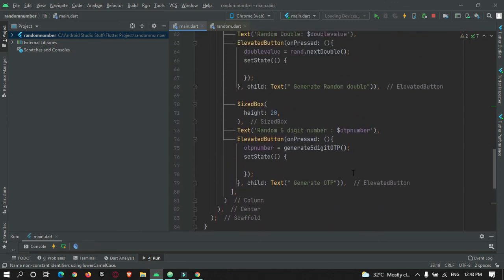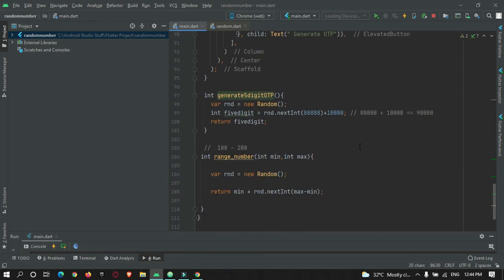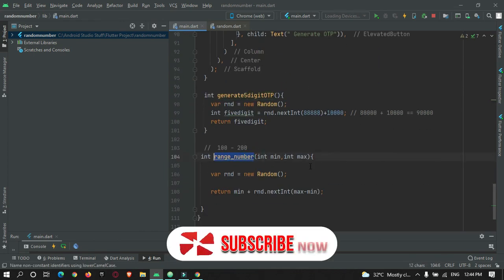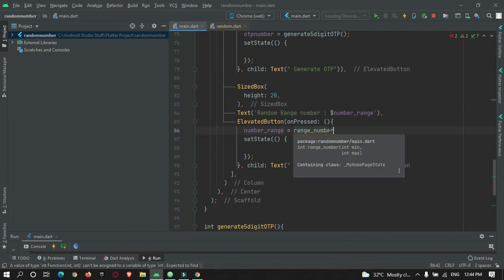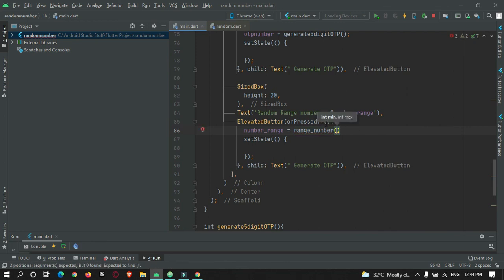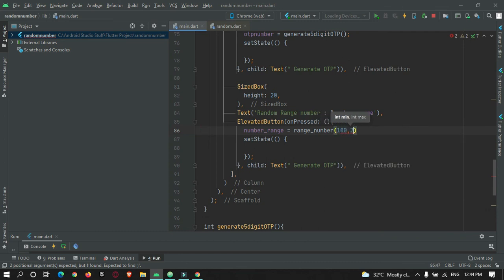Here I will create a widget, number range, and now here number range is equal to the method that we have created. We need to call it. It's over here. Just call it, and here you need to pass the minimum number that you want to generate. I will give 100, and the maximum range, that is 200, we need to pass.